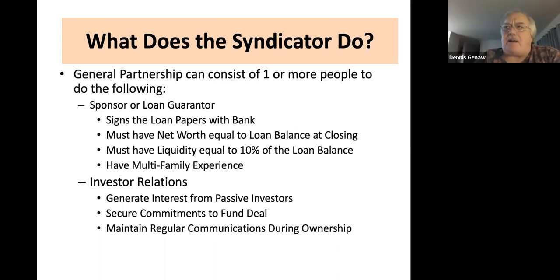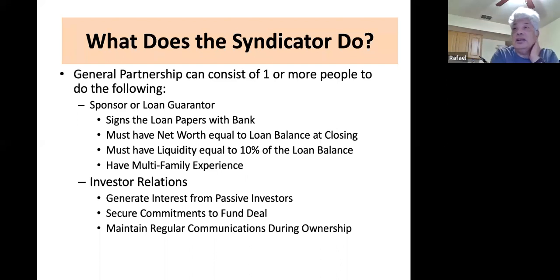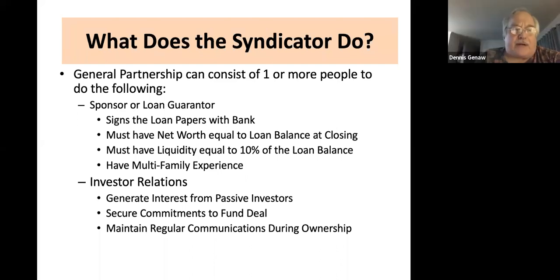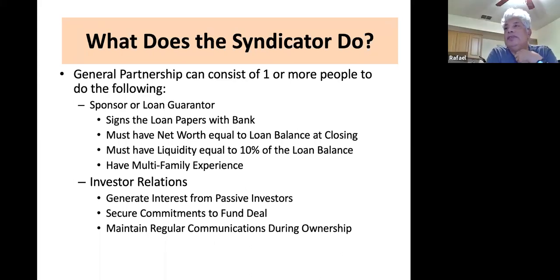Raphael, have you seen anything out there where there's been more than 2 or 3 co-signers on a loan? Most I've seen is 4. Okay. I don't know how the banks would look at it if you try to do 5, 6, or 7 of them. Well, all they care about is if you have a $10 million loan, they want to make sure that the signers have a total of about $14 million in assets.